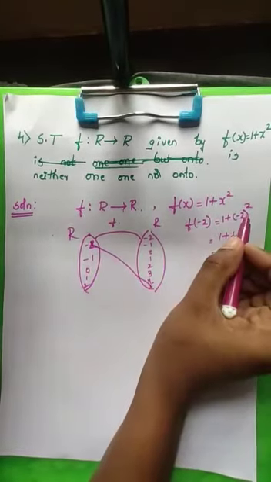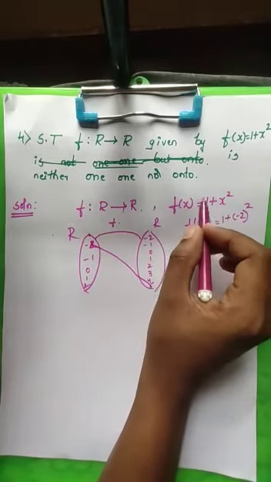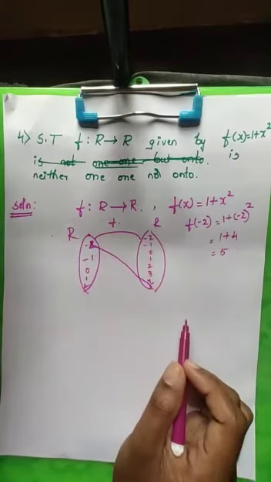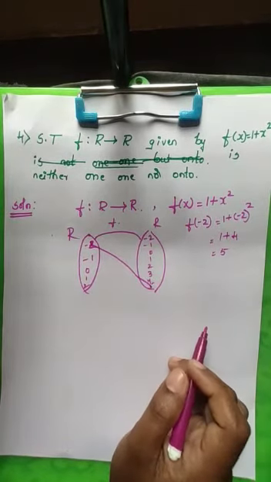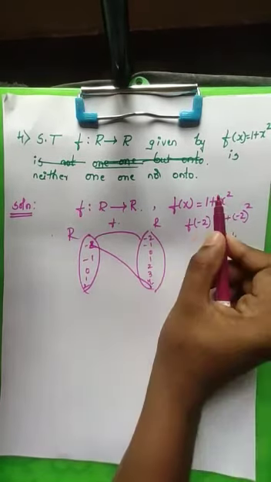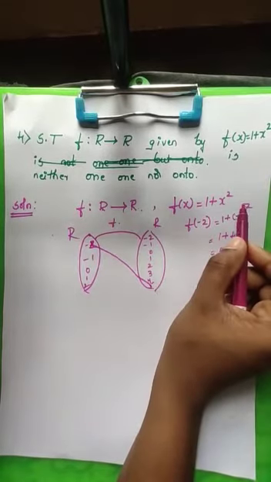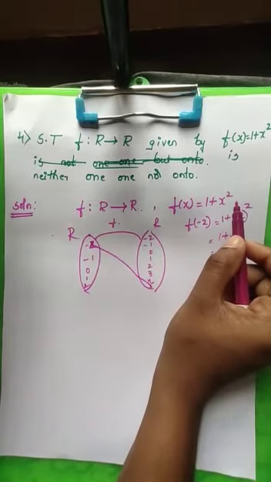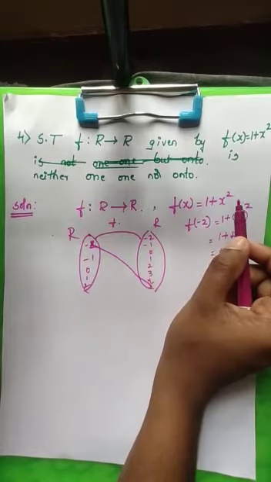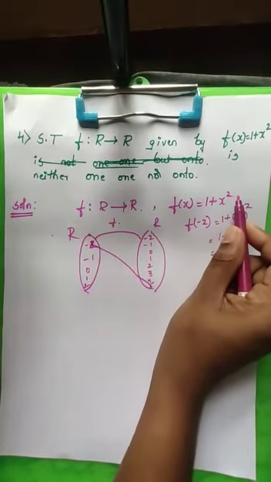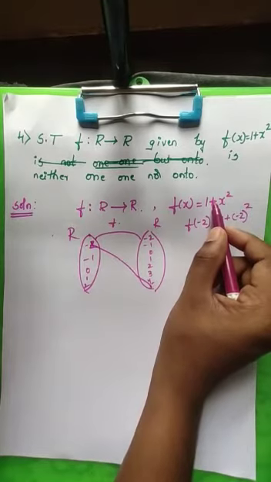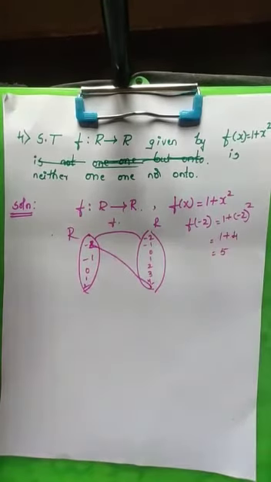Because we have square in the function, whatever number you take, whether it is positive or negative, you'll get the output as positive, because it is 1 plus x square. In case it was 1 minus x square, then we had a chance of getting positive and negative. But this is x square, so whatever number you take becomes positive, and we are adding it to something else, so obviously the result is a positive number.